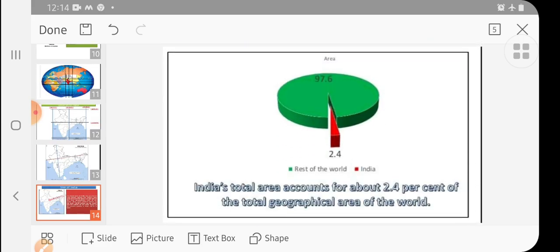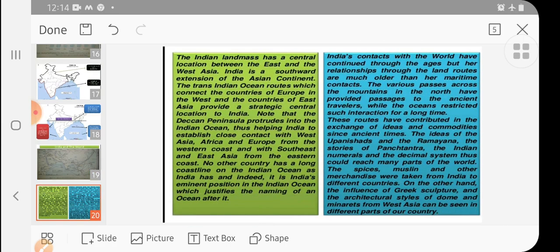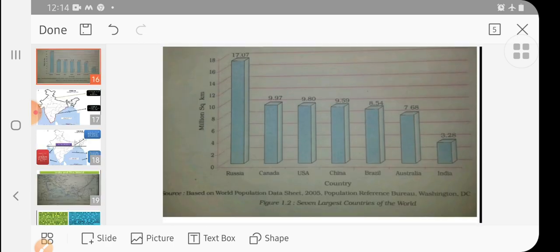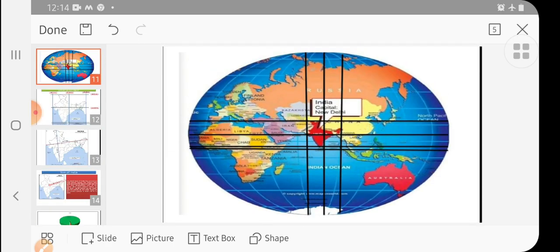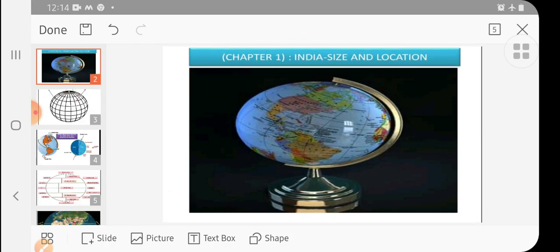All these things we'll understand with the help of these diagrams, because when you understand all these things easily, you can understand the chapter. So we'll read the chapter later, but firstly we shall have the knowledge about our country, how it is, what is the location of our country on the earth. So you see that on the globe, in junior classes you studied that we have continents and oceans. As you see, the blue body is shown by the water, and the continents are in different colors. We know that we have 7 continents and 5 oceans.